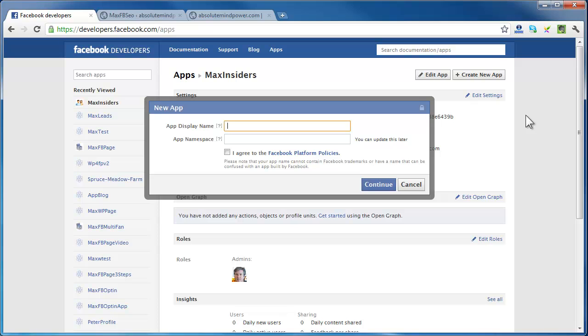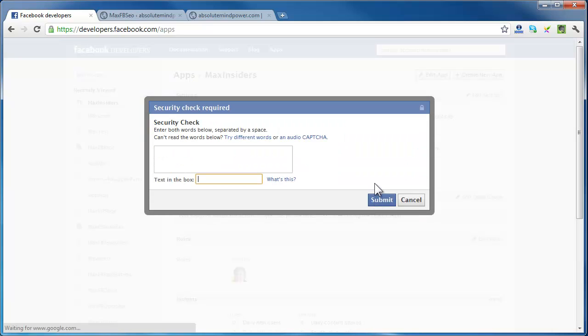So if I create a new one, in this instance I actually want to create one for my blog, which is Absolute Mind Power. So I'm just going to call my app display name, I'll just make it Absolute Mind Power, something like that. And the app namespace, I'll just call it AM Power. It needs to be unique, it's available, and I will agree to all the Facebook platform policies. Agree to that. It's going to ask me for the captcha,